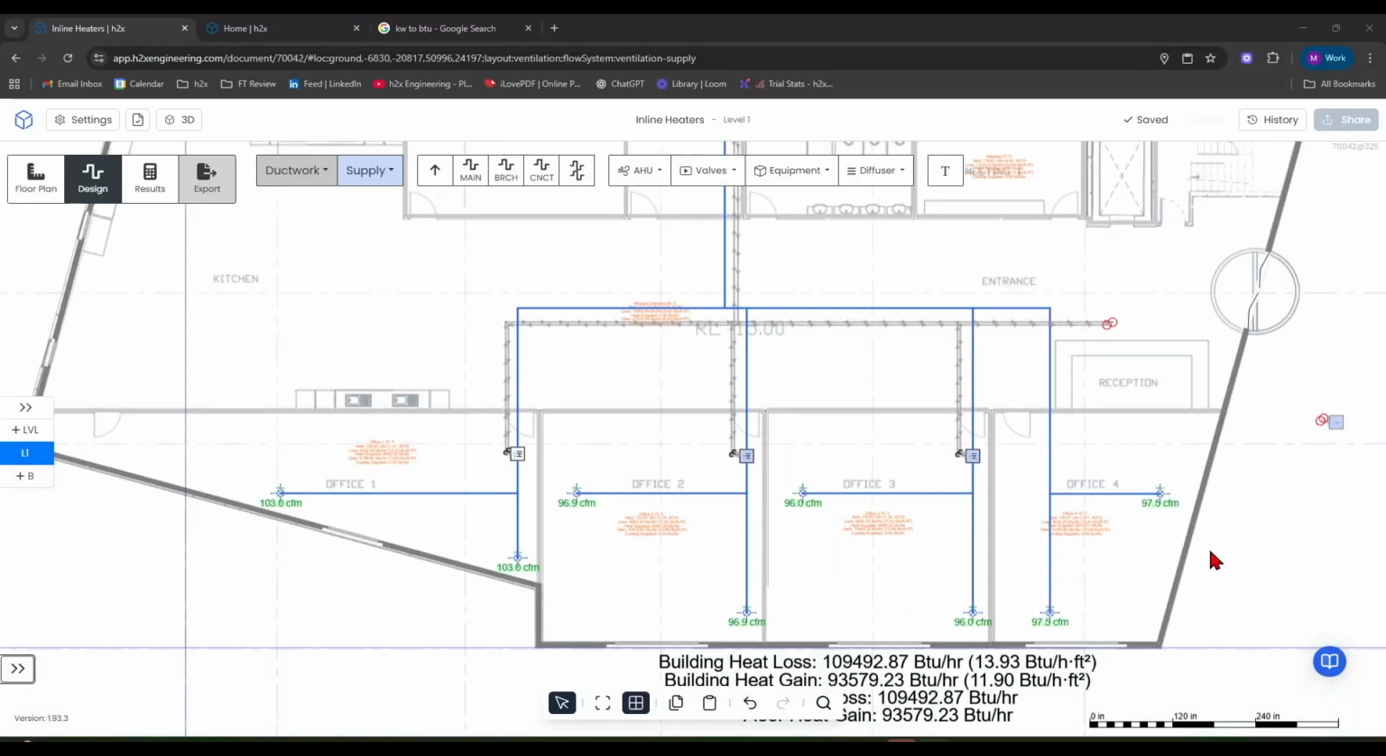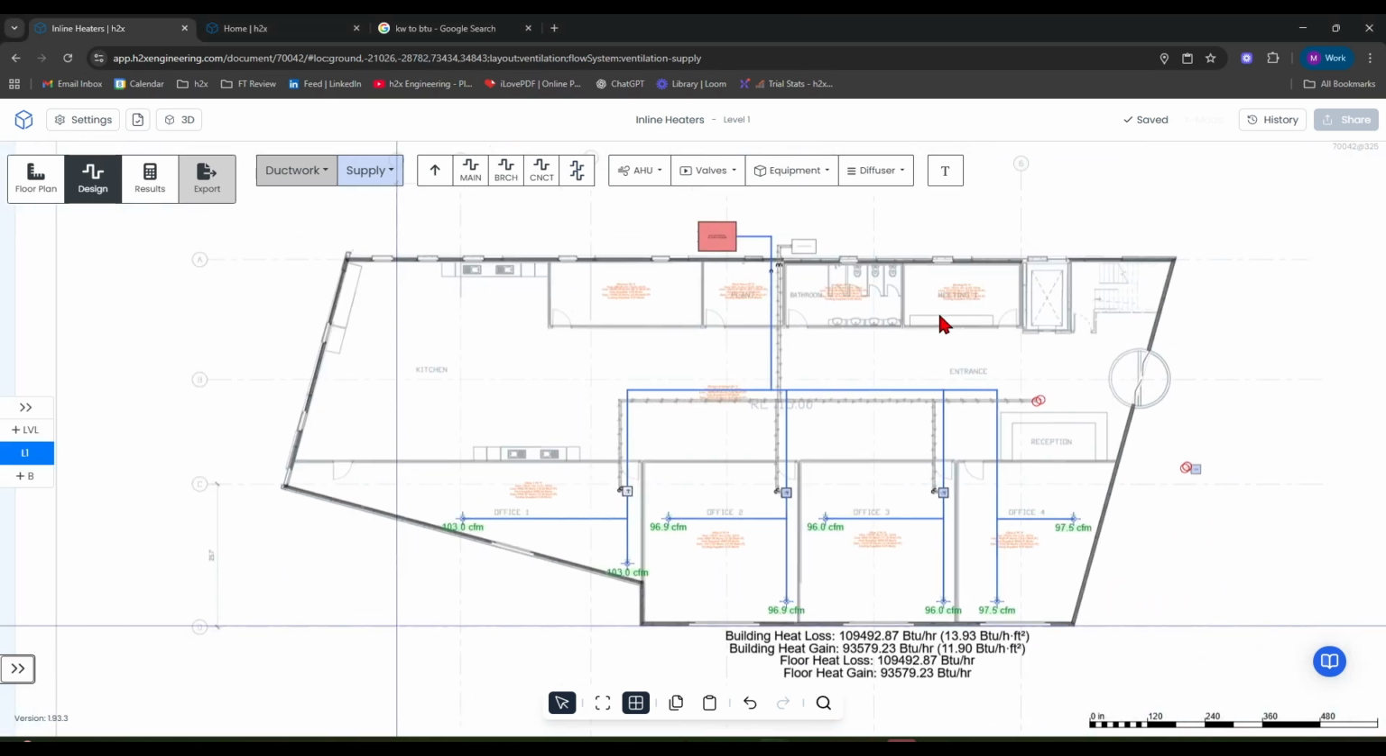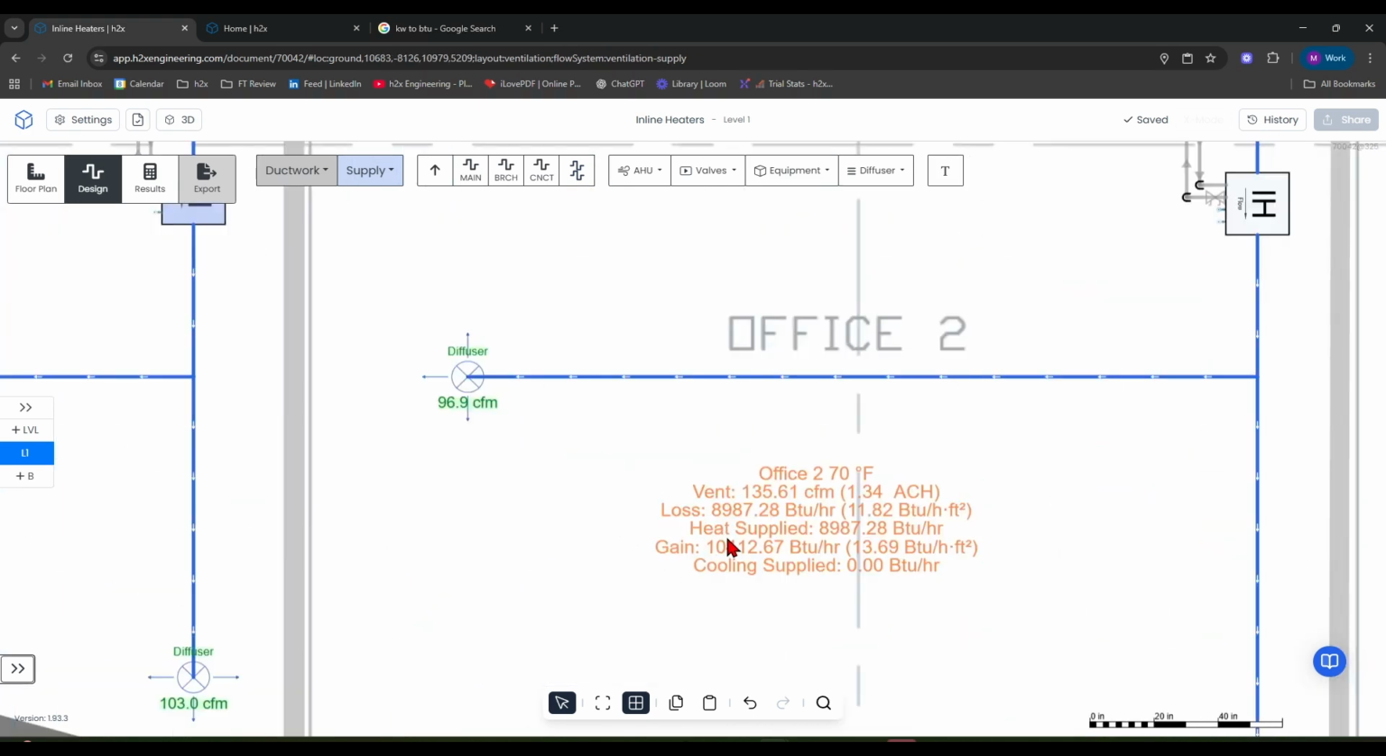Hi everyone, this video is going to cover how we currently recommend to model inline heaters using h2x. Now you can see that I've got a ducted system design already drawn out on the software. We traced out the line of the incoming supply ducts into each of these individual offices. Each office has around 200 CFMs being supplied to them, and they also have a heating and a cooling load